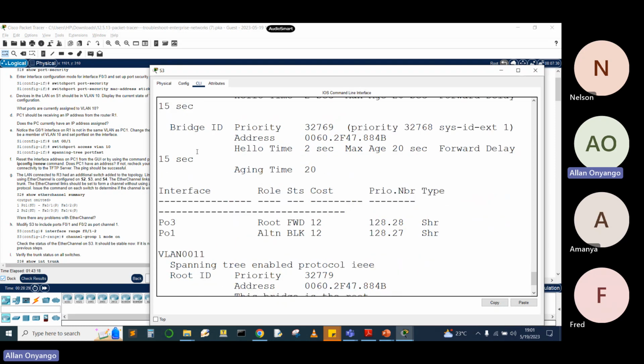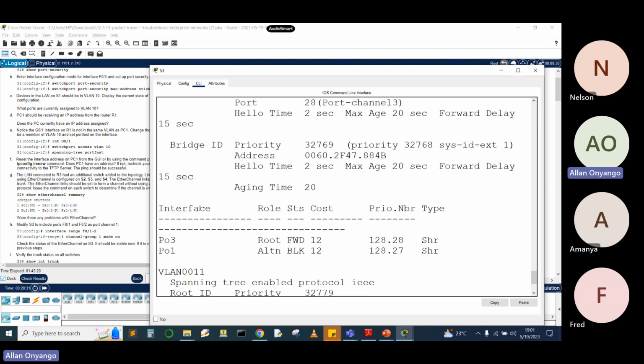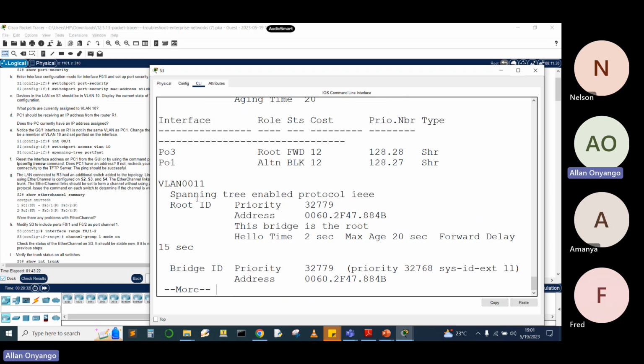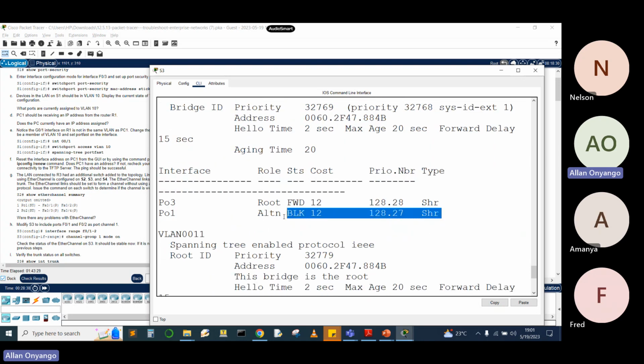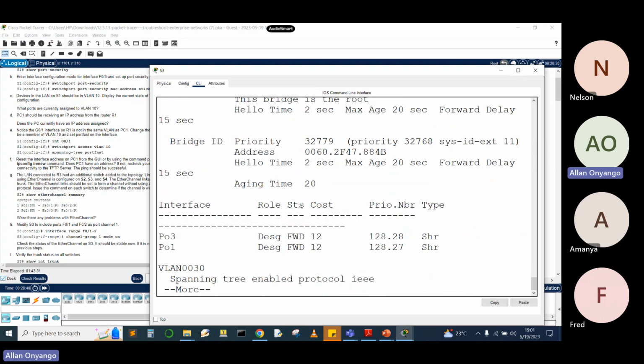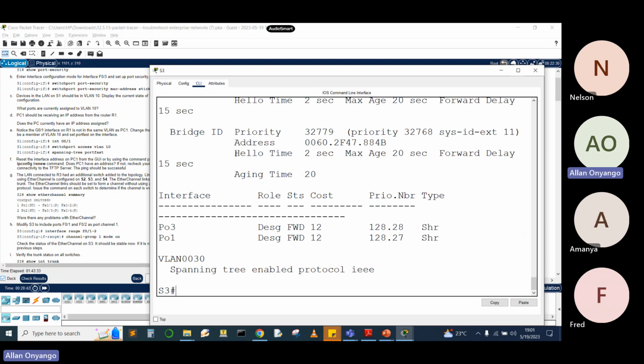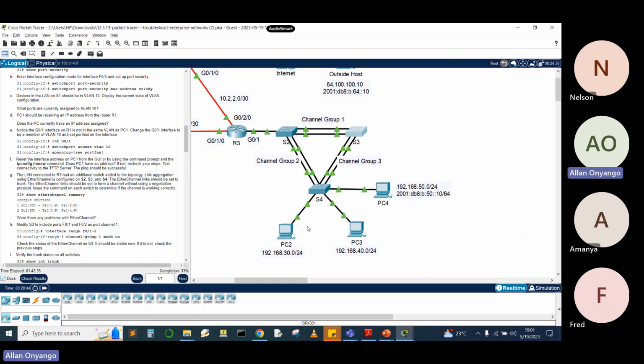There's different VLANs, VLAN 1, there's VLAN 11. They have different roles, designated roles. Here we are having, of course, alternate roles and root ports and so on and so forth. Maybe that's not very important now, but let's check on switch S4